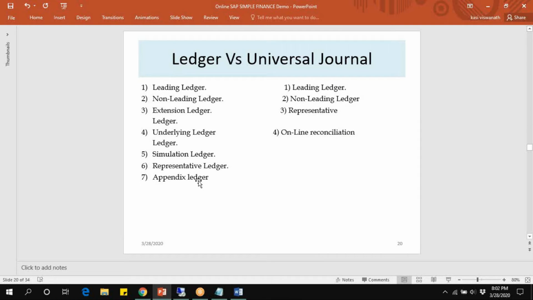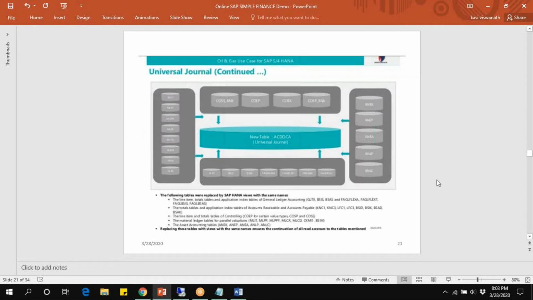The ledger presentation differs version to version. If you take 1709, the ledger presentation is different. 1809 presentation is different. 1909 presentation is different. 1911 presentation is different. But altogether 7 ledgers.